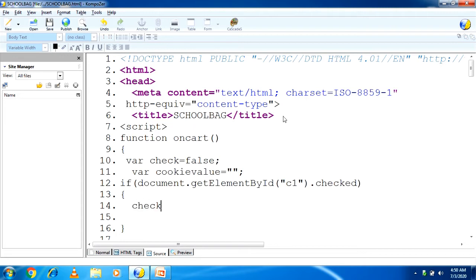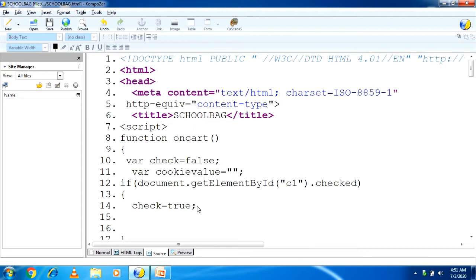First, check is equal to true. You can see here, student, by default I took the check value as false. Now if any user checks the checkbox, then the check value should be converted and it will be true.